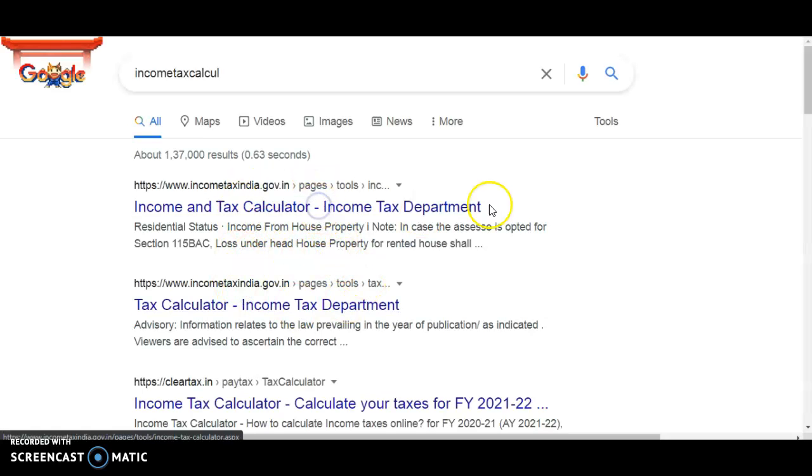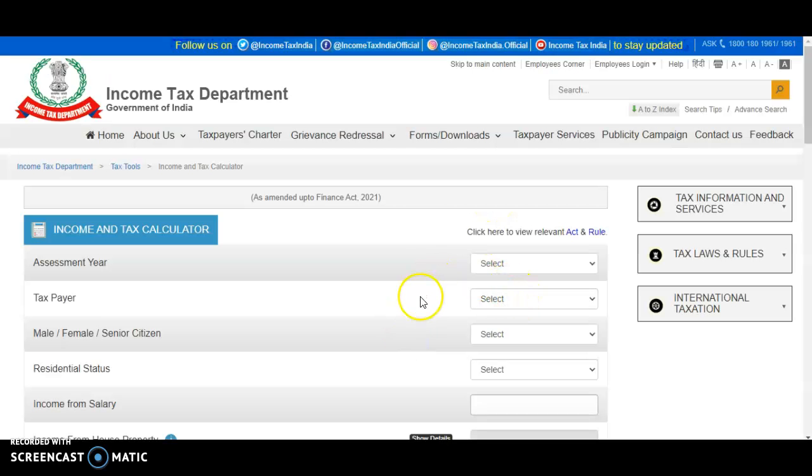So click on this income tax calculator. Once it gets open, just enter these values.